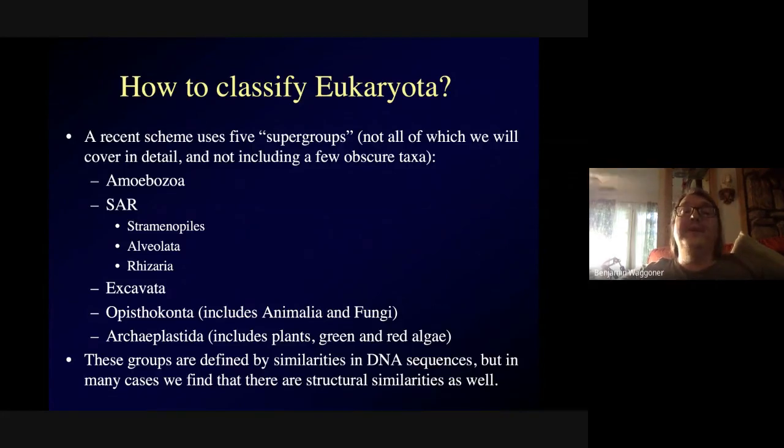That you have a eukaryote supergroup called the Amoebozoa, and a second one called SAR, which stands for Stramenopiles, alveolates, and Rhizarians, and a third group called the excavates. The fourth group, the Opisthokonta, includes all of the animals and all of the fungi and protists that are more closely related to them than anybody else. And then the fifth group, we're not going to talk about much. The Archaeplastida includes plants, green algae, red algae, and a couple of others.